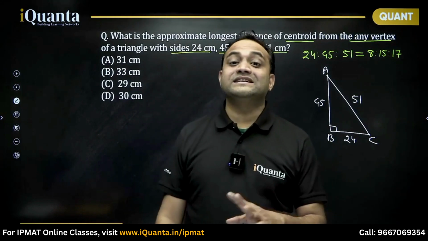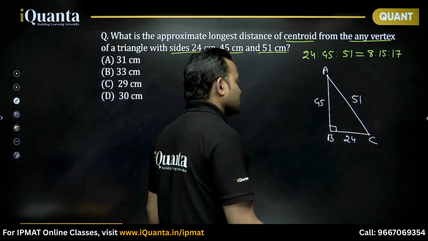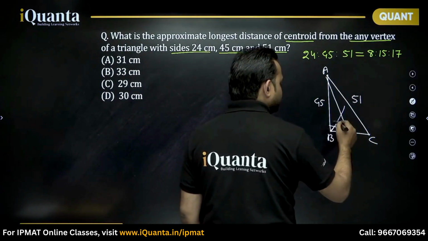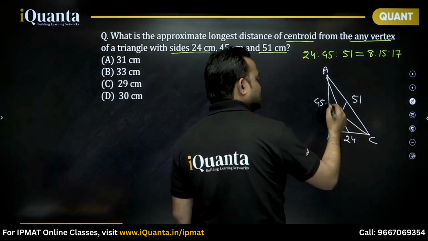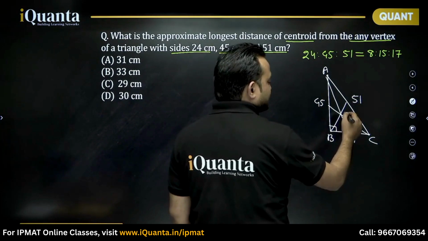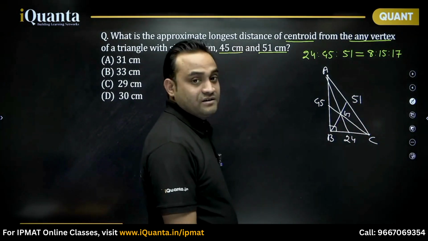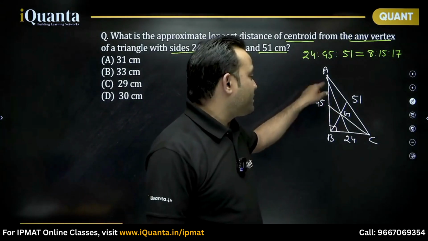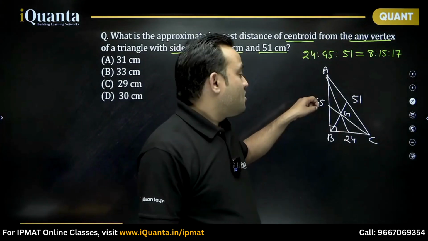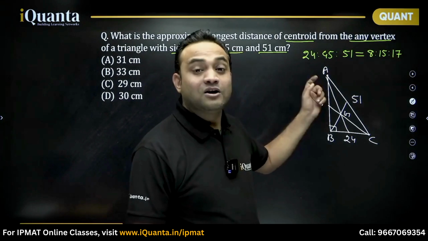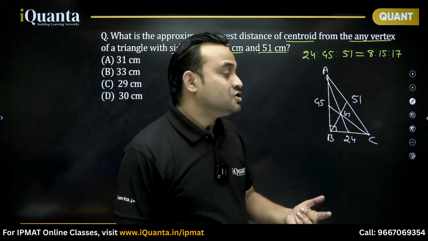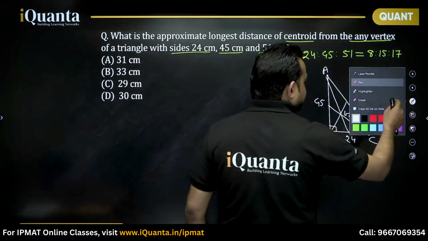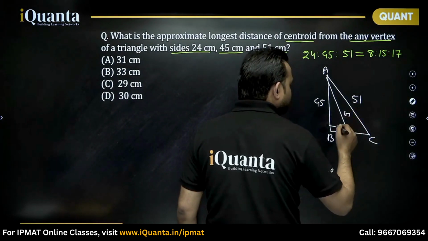Centroid is nothing but the intersection of medians. If we draw the three medians, something like this, these are the three medians, and the intersection of these is known as centroid G. Now if I want to find the longest distance of centroid from any of the vertices, it should be on the longest median, and the longest median will be on the shortest side. The shortest side is BC. So for the longest distance from any vertex, we should look for the length of